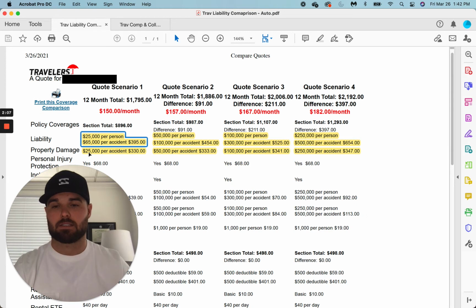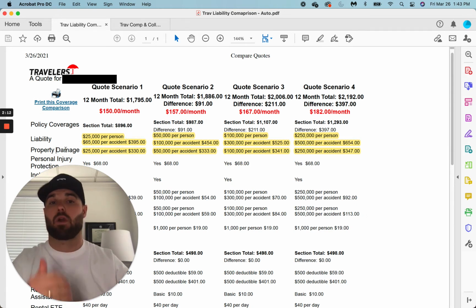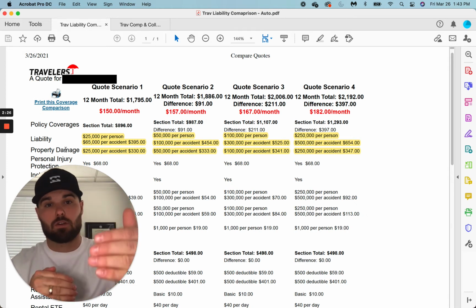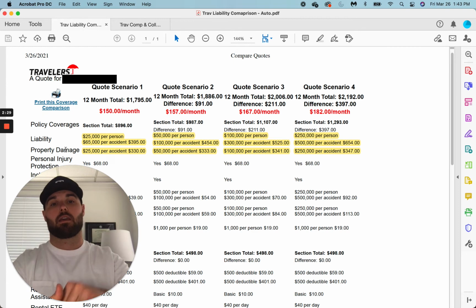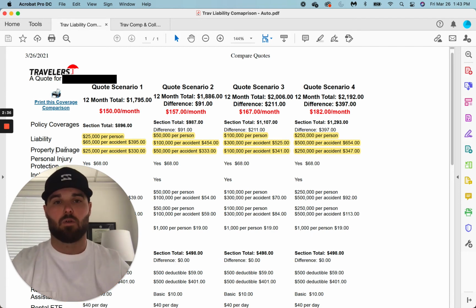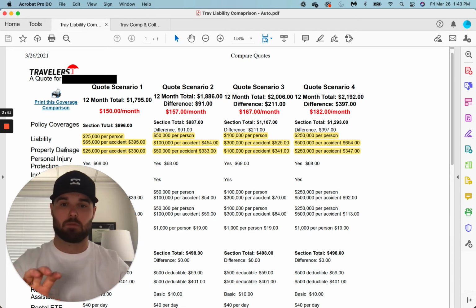Then $25,000, the third number, is for property damage. So this is to cover the property that you hit, right? That person's vehicle, maybe you run into a home, a wall, a pole, whatever it might be. That is the limit for that. So if you hit two vehicles, let's say you hit someone so hard that they go into the vehicle in front of them, you'd have to pay both vehicles, right? And so that limit can be eaten up really quick, and so can the other limits. And so that's why that's the state minimum.